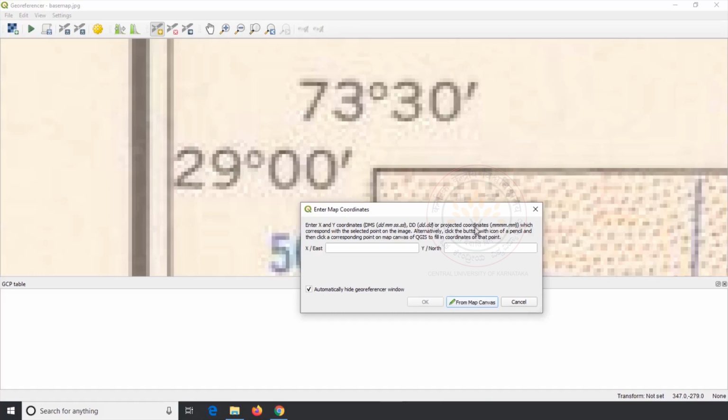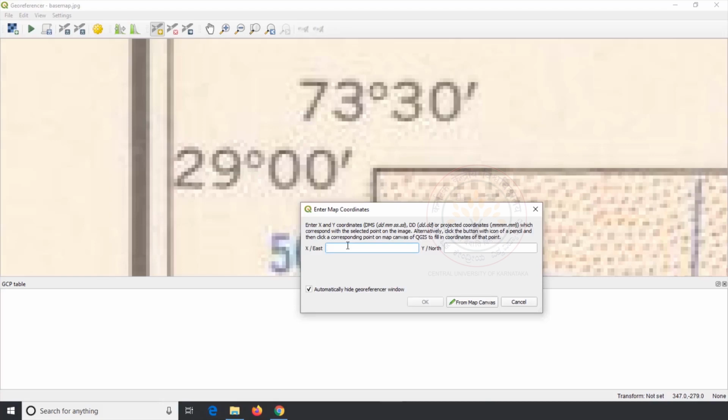As we are going to enter the value in degree minutes seconds, first we have to enter degree, then a space and minutes, then a space and seconds. As we do not have seconds and minutes in some of our values, we can stop after entering degree or minutes. As the values of longitude increase horizontally, longitude value has to be entered as X, and as the values of latitude increase vertically, the latitude value has to be entered as Y.